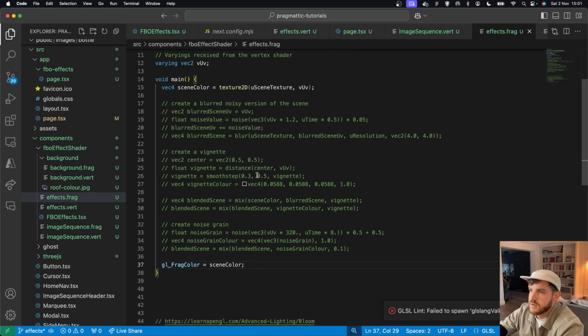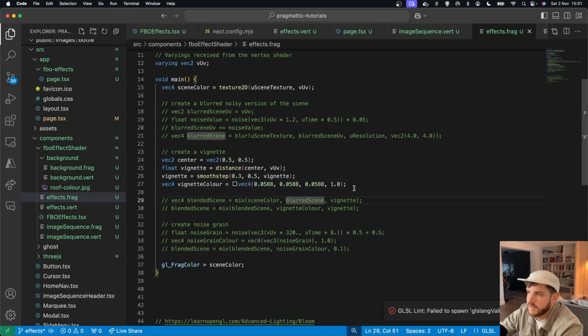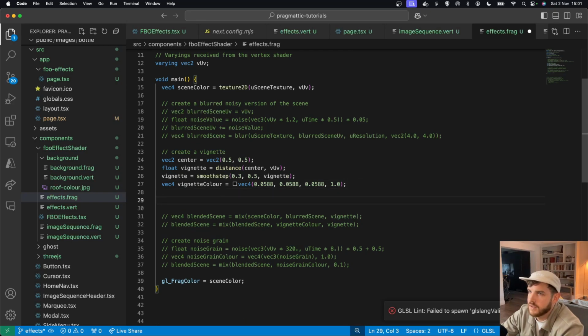Now, if we wanted to add a vignette, what we're doing here is we're calculating the distance of the current coordinate to the center. And then we can adjust how it looks using a smooth step. These values can be tweaked with to change the kind of intensity of it. And now if I mix that vignette with our scene color,